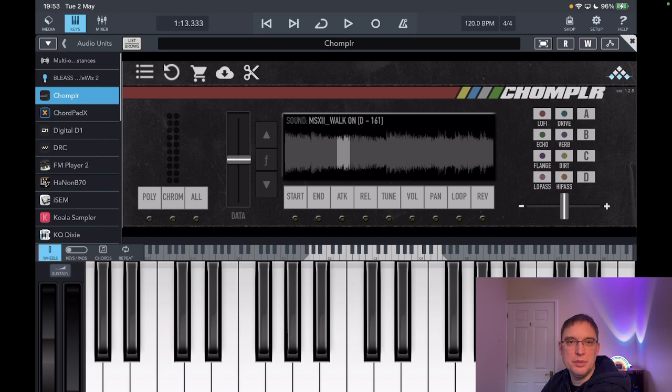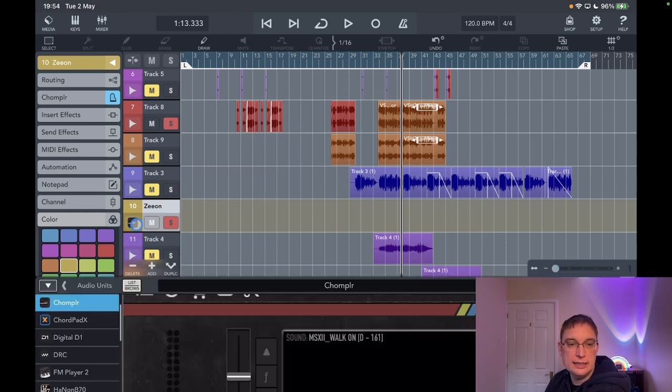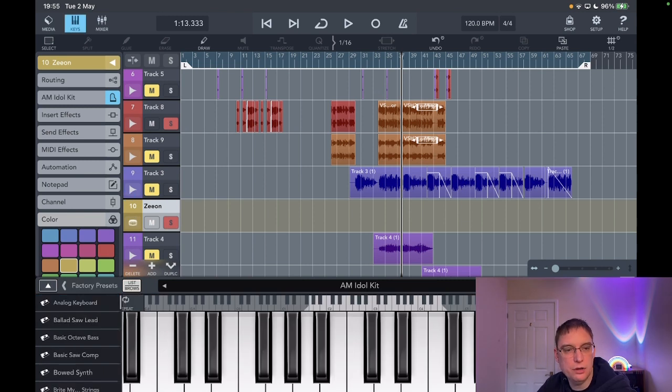So this is a sampler app. And it's just a case of literally just recording it and it'll go straight into a new track for you. It's created a brand new track for you and you can click on that to go back to it whenever you want. If I go to Microlog and I'm just loading a sound,